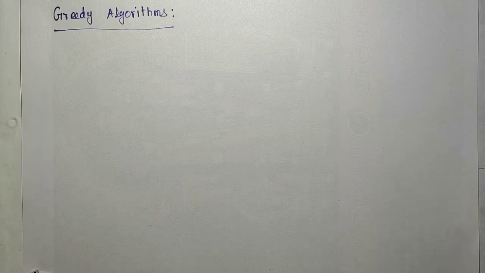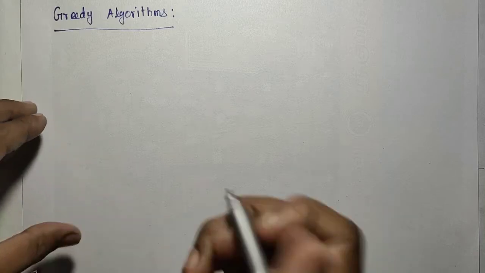So in that area we will search for the solution. All these possible solutions will not be checked. At each and every stage it will choose the best one, and from that best it will construct the global best solution. That is the greedy algorithm. If you want to better understand these greedy algorithms, we will take the matrix chain ordering.